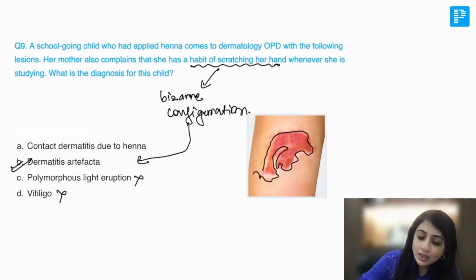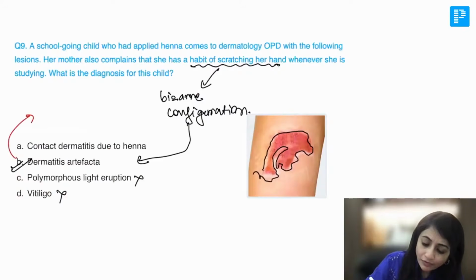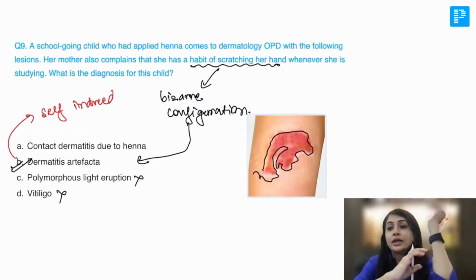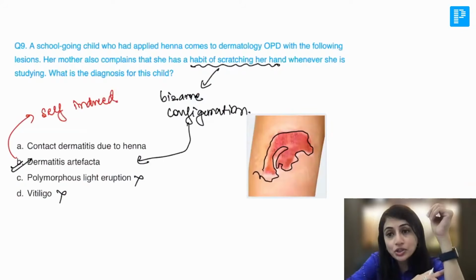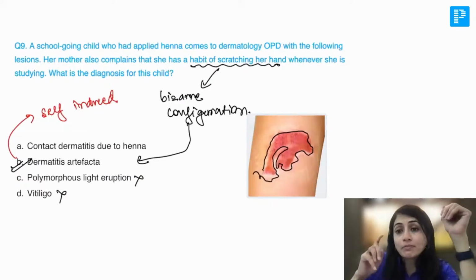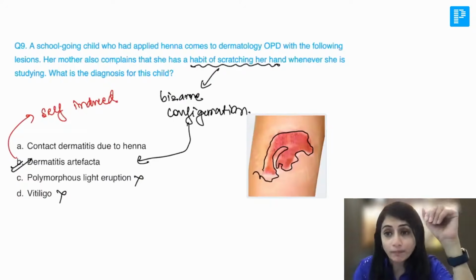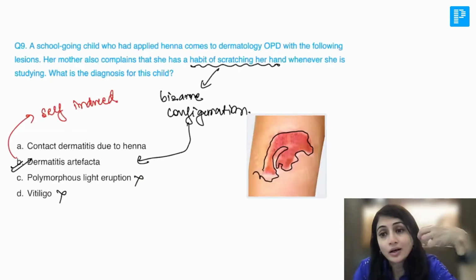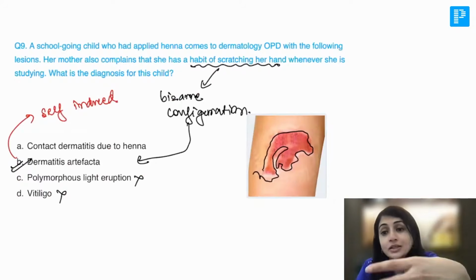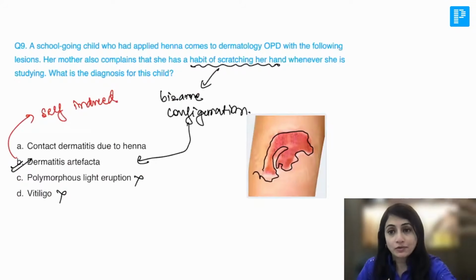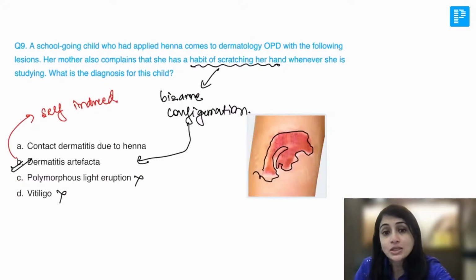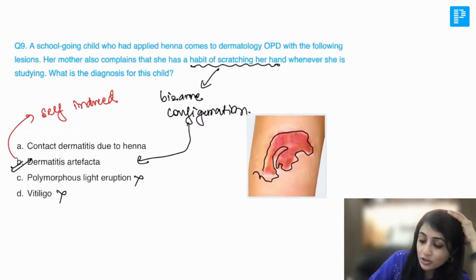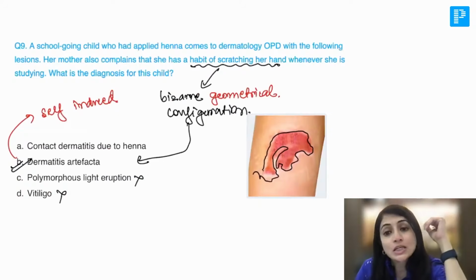So, dermatitis artifacta is self induced. Some people have a tendency of self injuring themselves or inflicting self injury. When they do it, it will be in bizarre but a very particular shape, which cannot be linked to a dermatitis or to something more specific. So when you see such bizarre geometrical configurations, you think of dermatitis artifacta, and especially if there is habit of